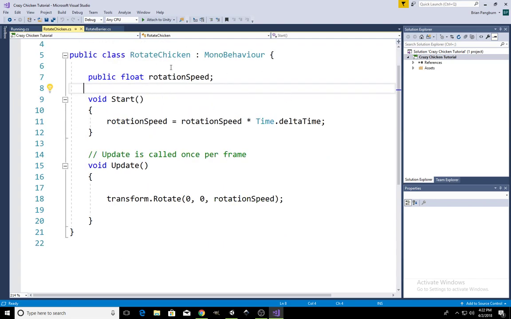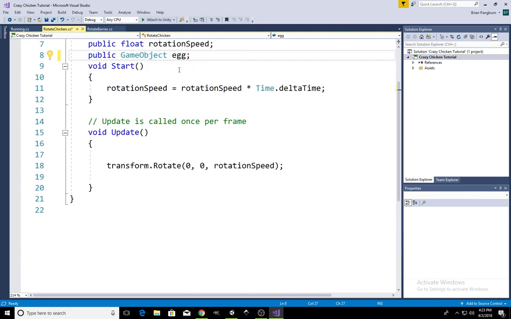First, we're going to need to declare the object that we're going to be shooting out of the chicken. And for that, we need a game object. And we'll call it egg. Then,